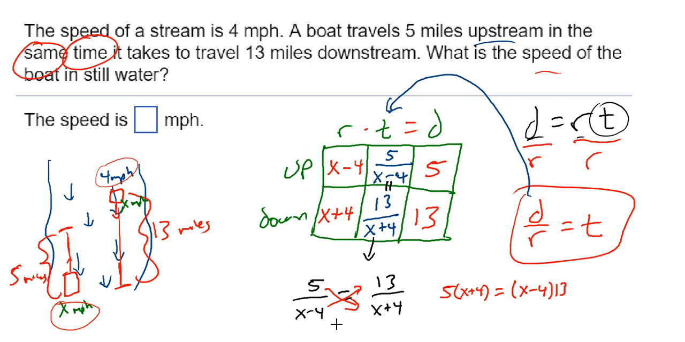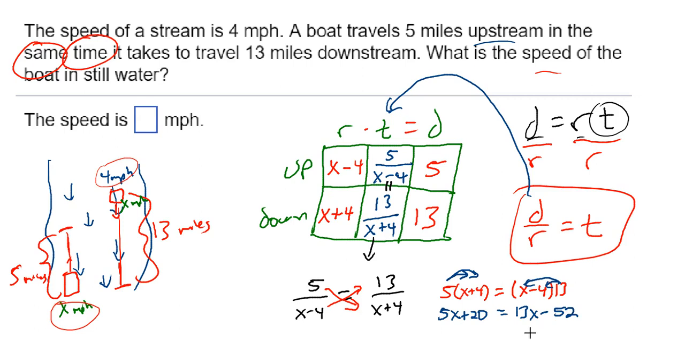So again, we multiply the opposite corners together, set the results equal to each other, and then we solve for x. So we'll distribute the 5. We'll get 5x plus 20 equals, we'll distribute the 13, and we'll get 13x minus,